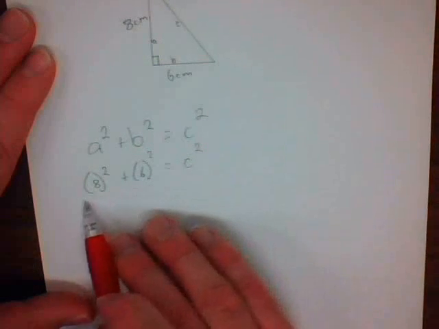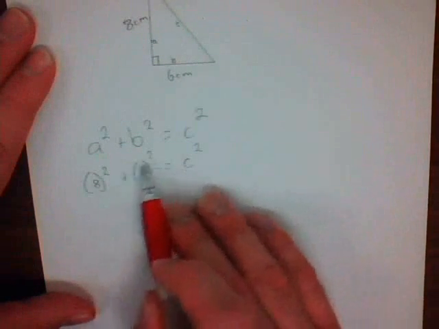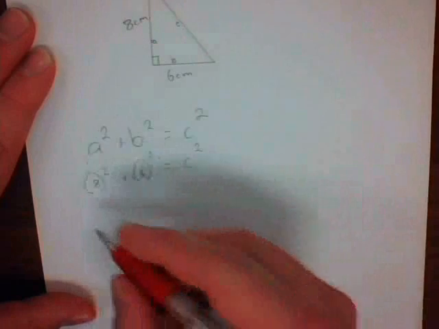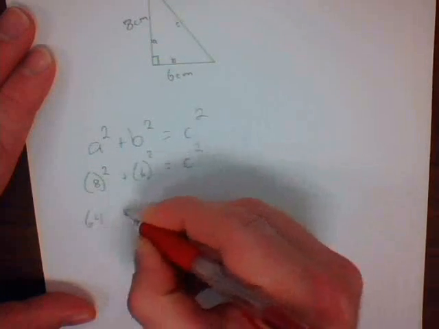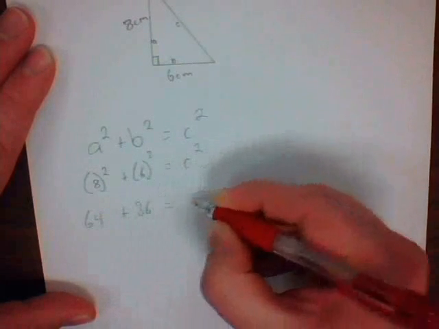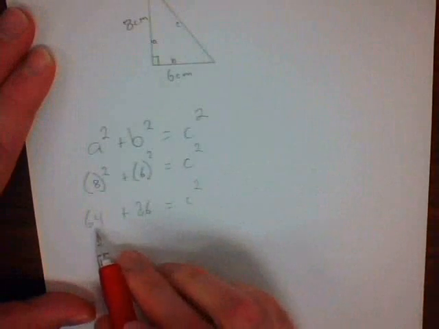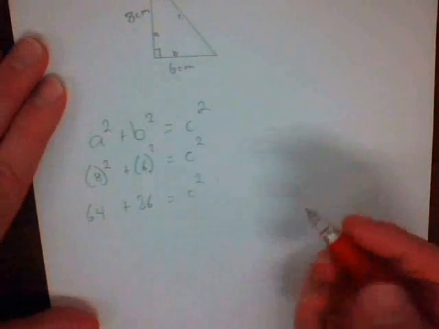I'm going to work on this side of the equation. There's no variables, so I can actually do my BEDMAS, do my exponents first. We've got 64 plus 36. And then I can add those to get me